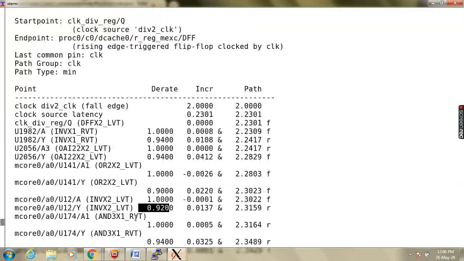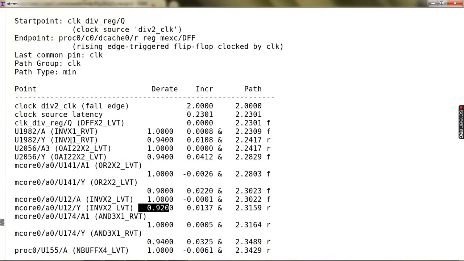If you see here, inverter X1 with a derate value of 0.94 has been applied. For an OR gate, it's 0.94. This one is 0.92. As Shamsar was discussing in the theory, in the GBA mode, the derate